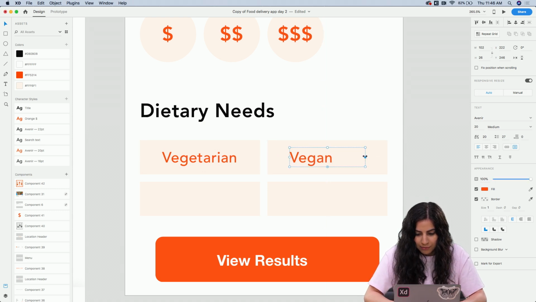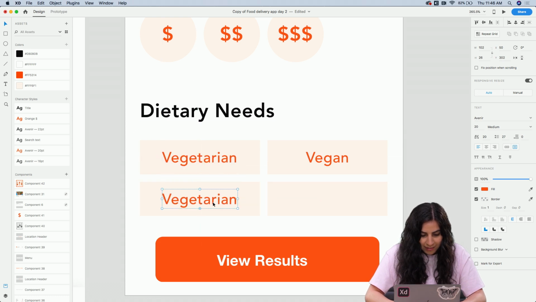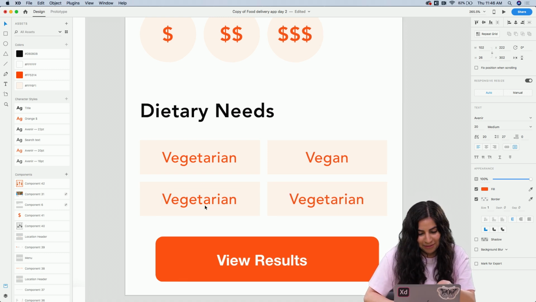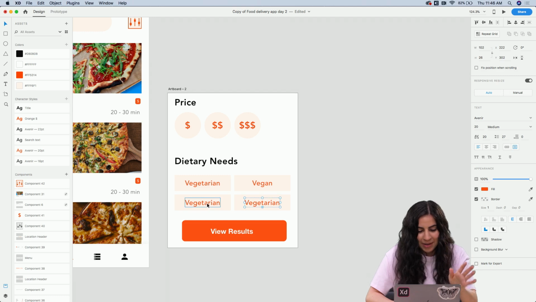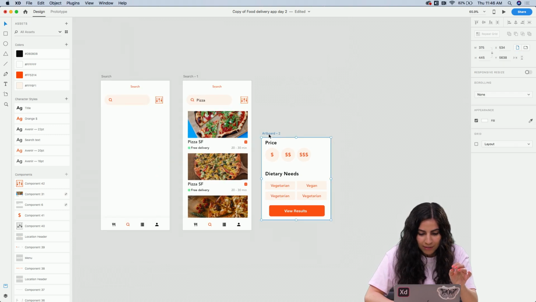And then I'll do vegan. And then I want to have enough time to prototype, so let's pretend that these are different dietary needs. But I was imagining to put gluten-free and halal for the other options right there. So now that we have this overlay,